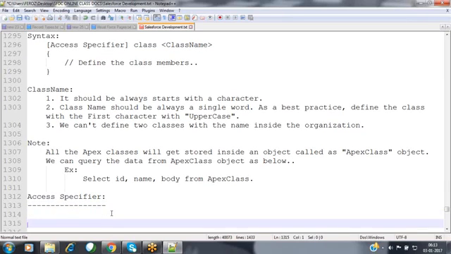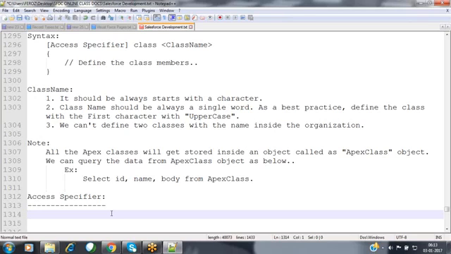For example, as part of our security concepts, we have discussed that if it is an object, we create many records inside it. The default level of access on these records is defined with the help of OWD. If I specify the OWD as private, then the record will be visible only to the owner of the record as well as his manager.